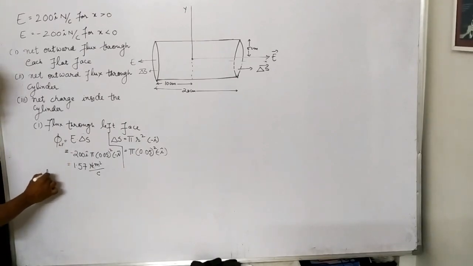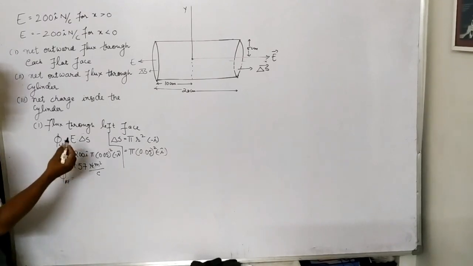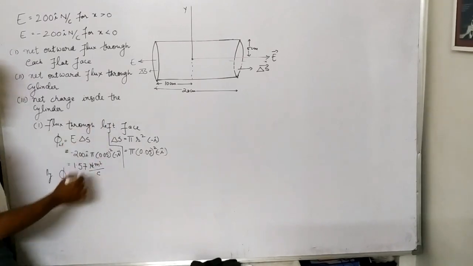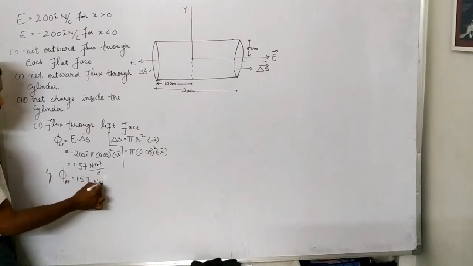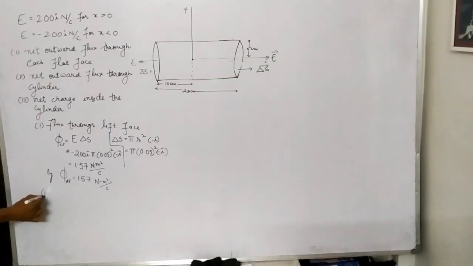Similarly, for the right face also, if we solve all that, we would get around 1.57 Newton meter square per Coulomb. Second one,